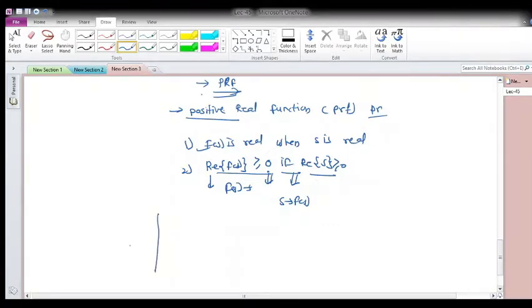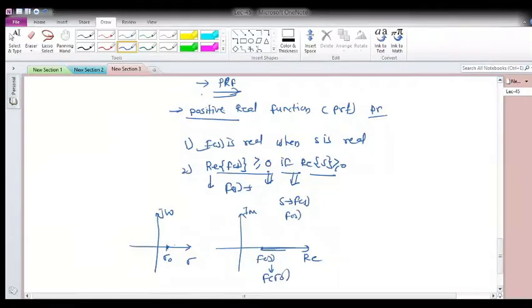So what it says is that suppose I have the complex plane, which will be sigma plus j omega. So I have this point, a real part of s which is sigma 0, and I'll get f of s. Okay, this is the f of s plane, which has a real part and an imaginary part. So what will happen with f of s? f of s also has to be real, and this has to be greater than or equal to 0. So this will be f of sigma 0.